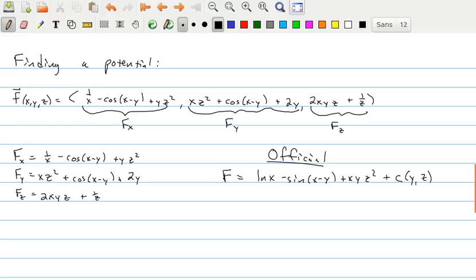Well, now that we have this, we'll plug this into the second equation. So plugging this in here means we've got to take its partial with respect to y, and taking the partial with respect to y, it's got to equal this stuff. So the partial of this with respect to y is going to be cosine of x minus y plus xz squared plus the partial